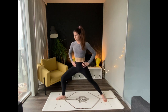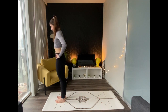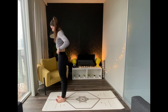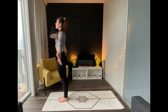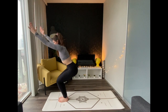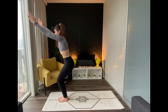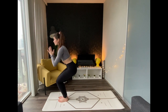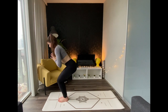Returning back to that warrior two stance for a moment and just making your way back to the top of the mat there. So we're going to go through just a little flow here. So we're going to inhale above the head and exhale, come down into a chair pose. So you're bending at the knees. You're going to inhale, arms up, exhale, hands to heart center, lengthen through the spine,